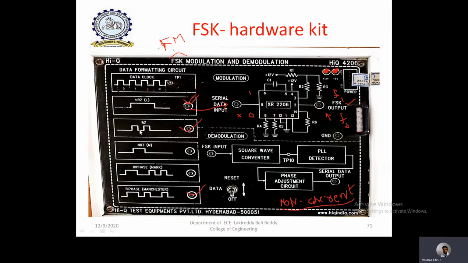That means in the middle it will return to 0. So again, 1 means half positive pulse and then return to 0. So 0 means 0. Like that we have different line coding techniques. You can clearly observe each line coding technique by observing the input data format from this example.